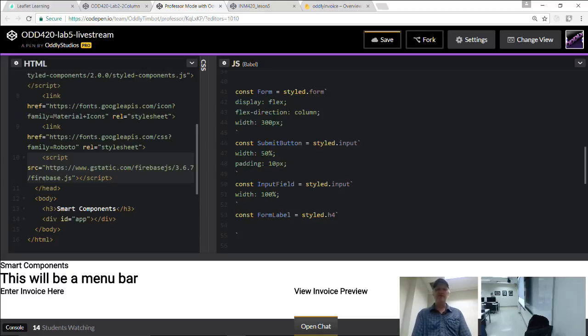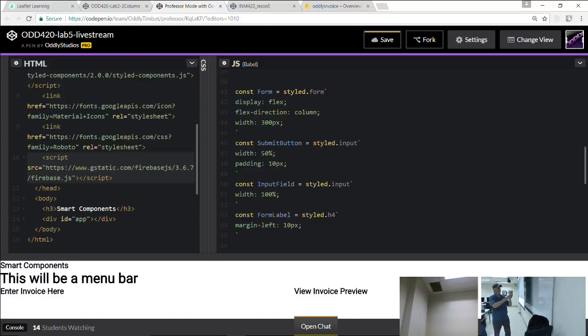And I'm going to give it just a little bit of margin to offset it. Something like that. That's pretty decent. Okay. So we're in pretty good shape to start assembling this form.